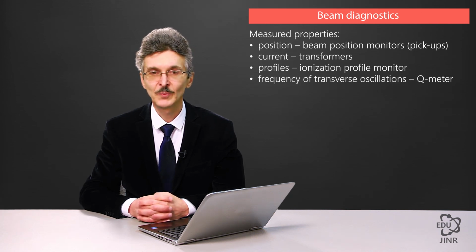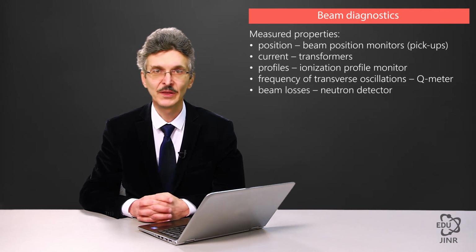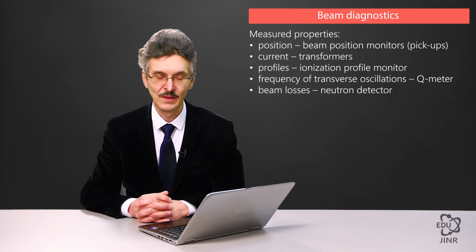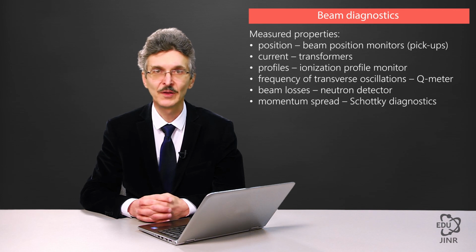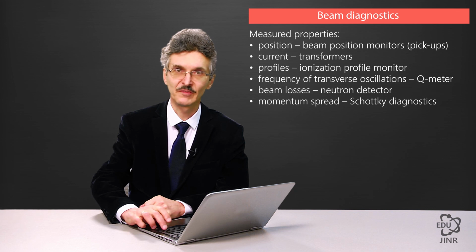For example, measurement systems for the betatron frequencies, which include a number of tools. There is a loss monitoring system, and there are small-sized neutron detectors located along the accelerator ring. The signal received from them is proportional to the loss intensity in the given point of the ring. Our stochastic cooling system is used as part of the diagnostic system to measure the momentum spread